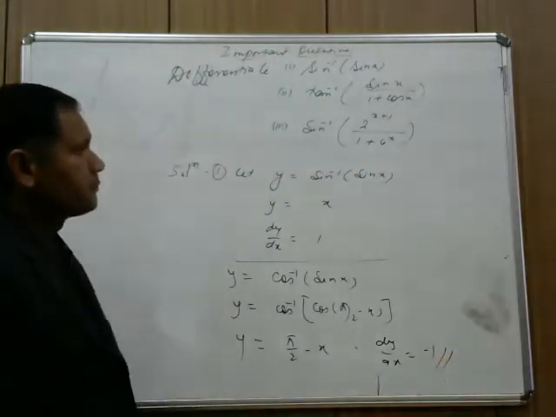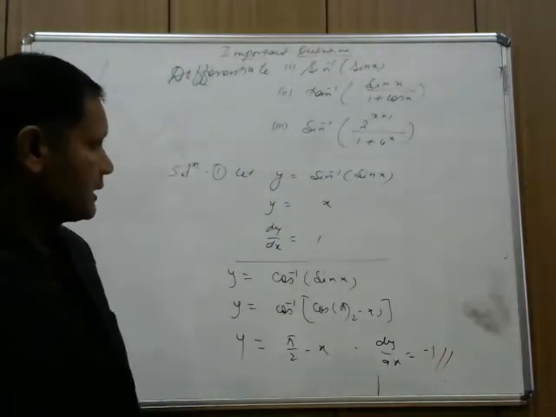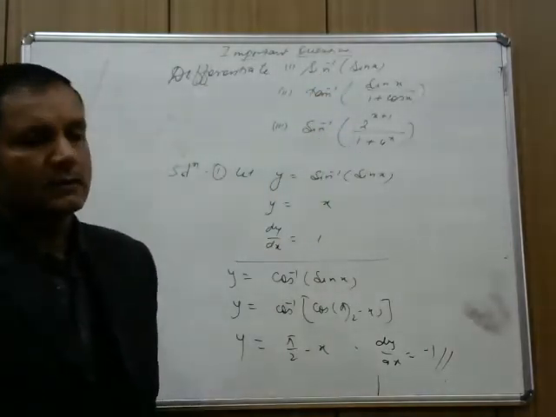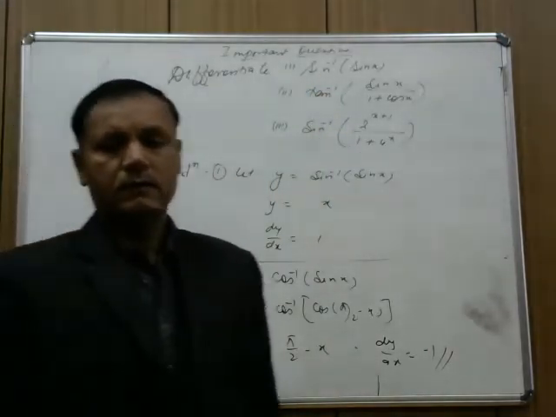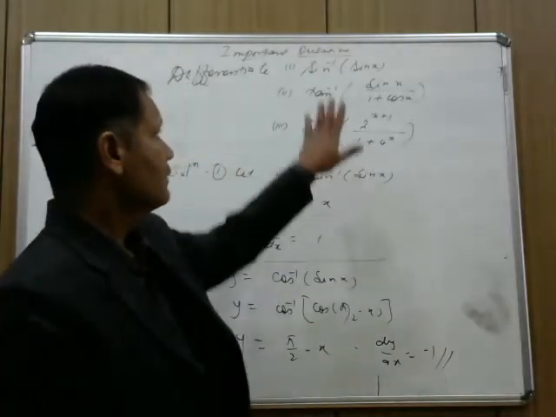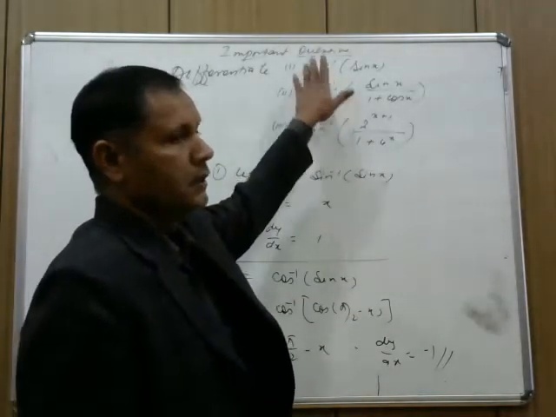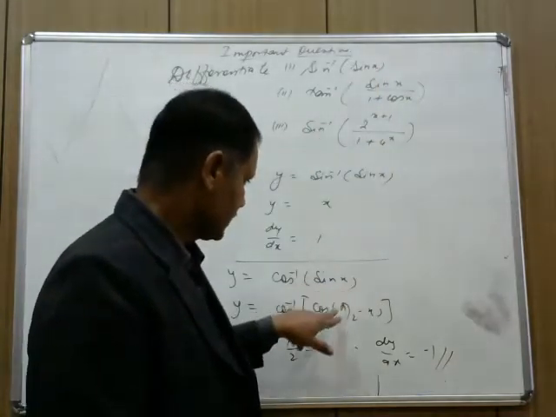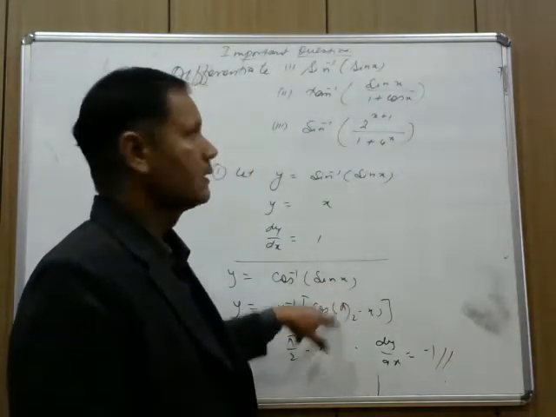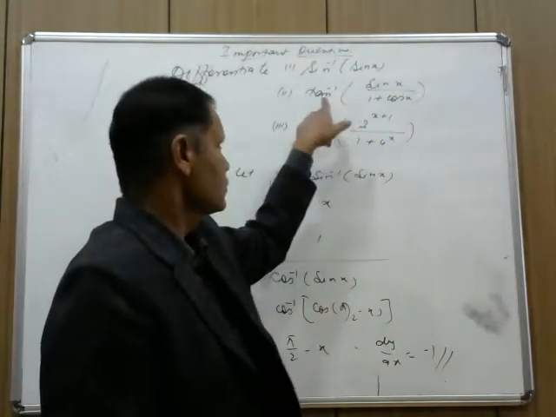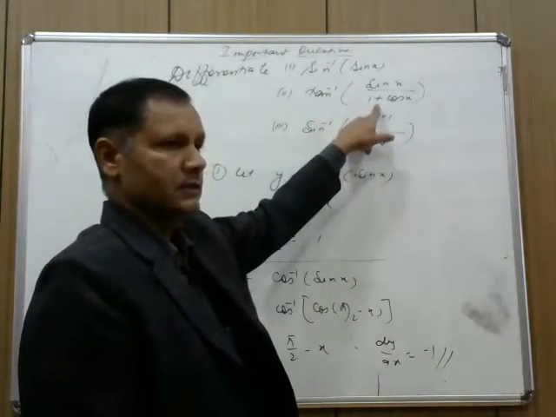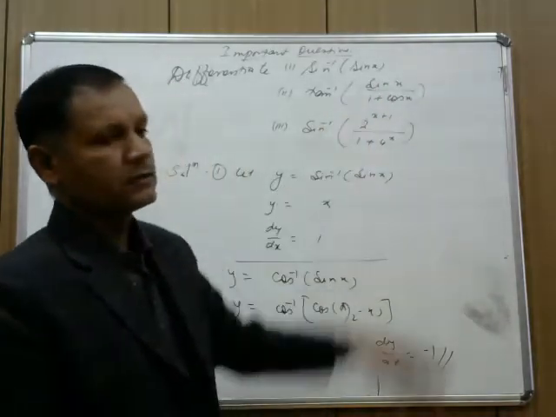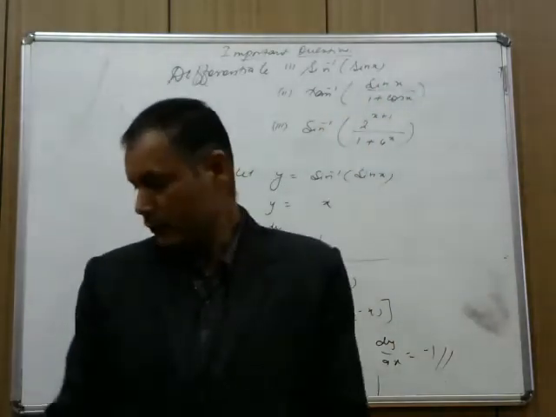That's why it is very important to see what is given when we have sin inverse, tan inverse and cos inverse. Many times I have discussed that when we have sin inverse outside, convert this in terms of sine, or here suppose you have tan inverse sin x by 1 plus cos x. Now you have to convert this whole in terms of tan, so that the tan inverse will be removed. And now I am doing the second question.